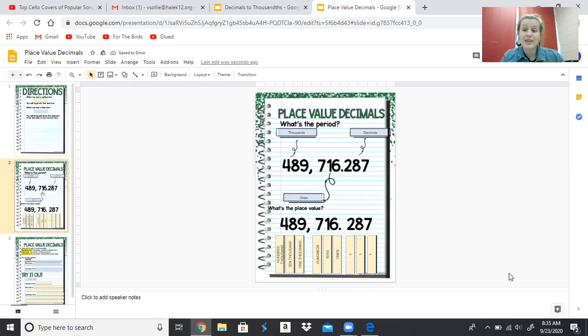Now we're going to talk about what those three numbers are called behind the decimal. And we're going to focus on that first three numbers. So the one odd thing about decimals is that when we start at the decimal and we go to the right, okay? So when we start at that 2,